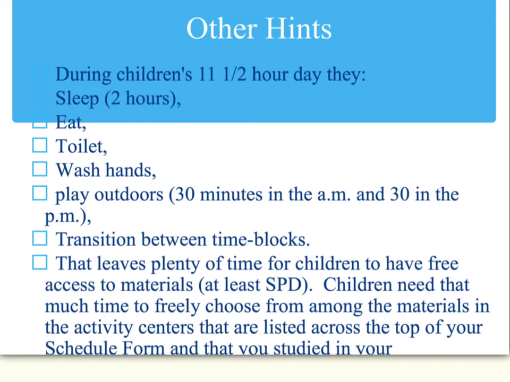For instance, you're not going to say that your breakfast and staggered arrival is from 6:30 a.m. to 8 a.m. and then right at 8 a.m. you're going to start circle time. Because there's going to have to be cleanup. There's going to have to be a time where children wash their hands. If you're going to take everyone to the bathroom. So you're going to want to include transitions in your schedule so that you're accounting for every minute of the